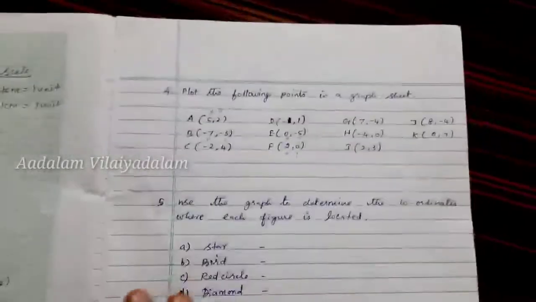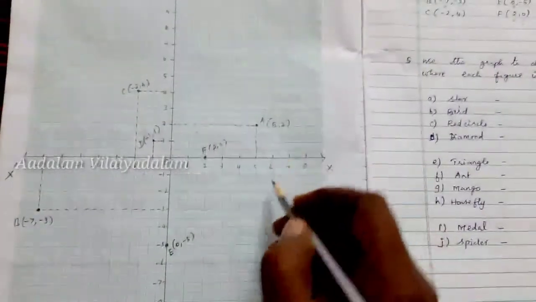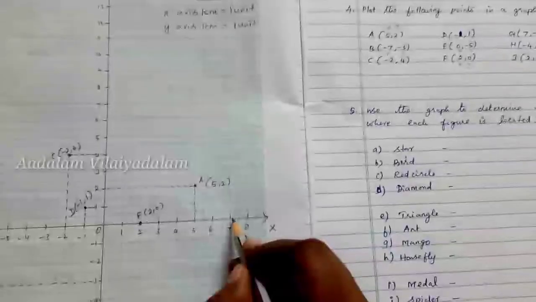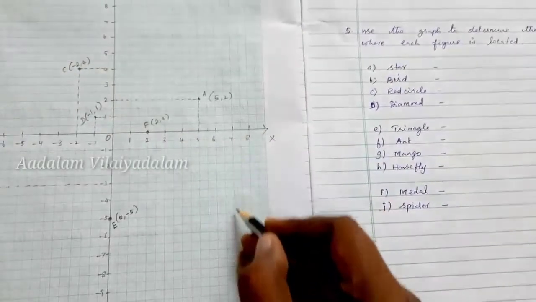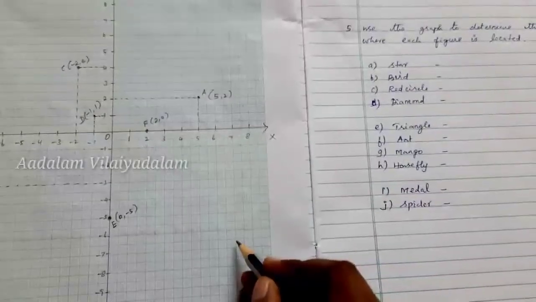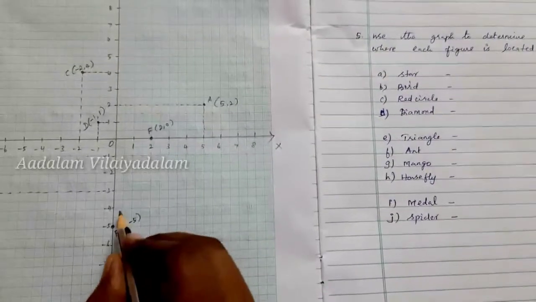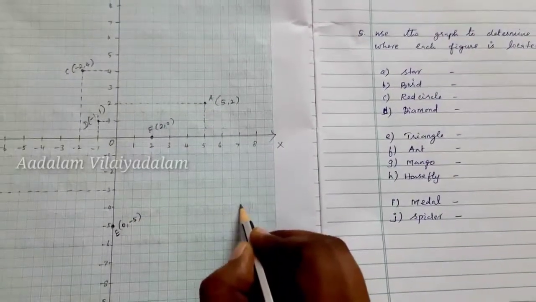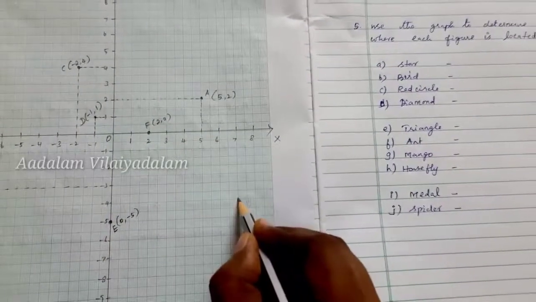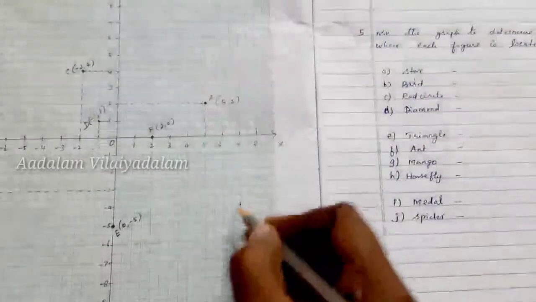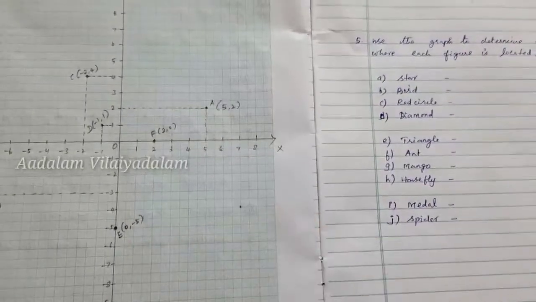The next one, 7, -4. So 7 is positive, -4 is negative, isn't it? -4 is negative. So for this 7, you have to come down for the fourth quadrant. For the -4, you will get at this point, meeting of the 7 and the 4. So now connecting all these points, you have to draw the line.